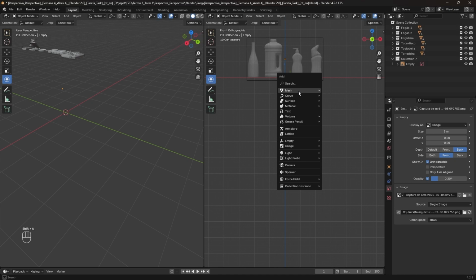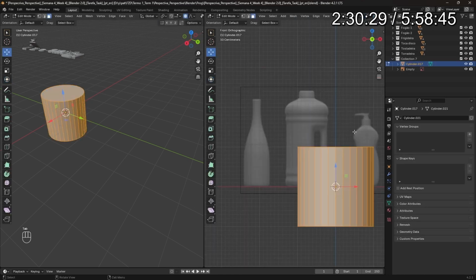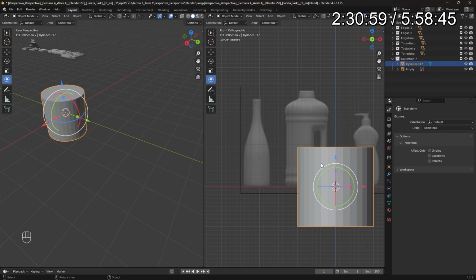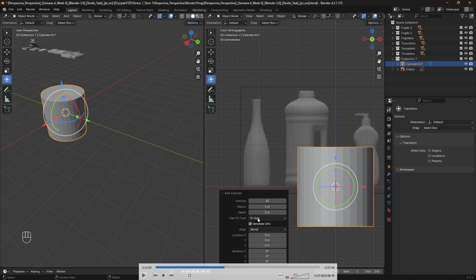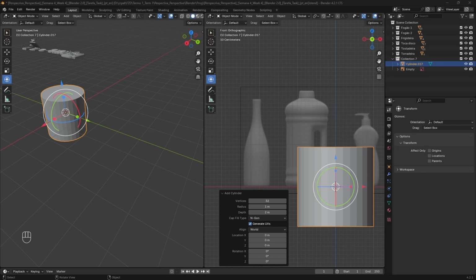So the first thing that I did was to add a cube, a cylinder inside the scene, and you can see over here that we have like 32 vertices, and on this cap fill type the idea was to switch this to triangle fan. So let me see. So triangle fan,